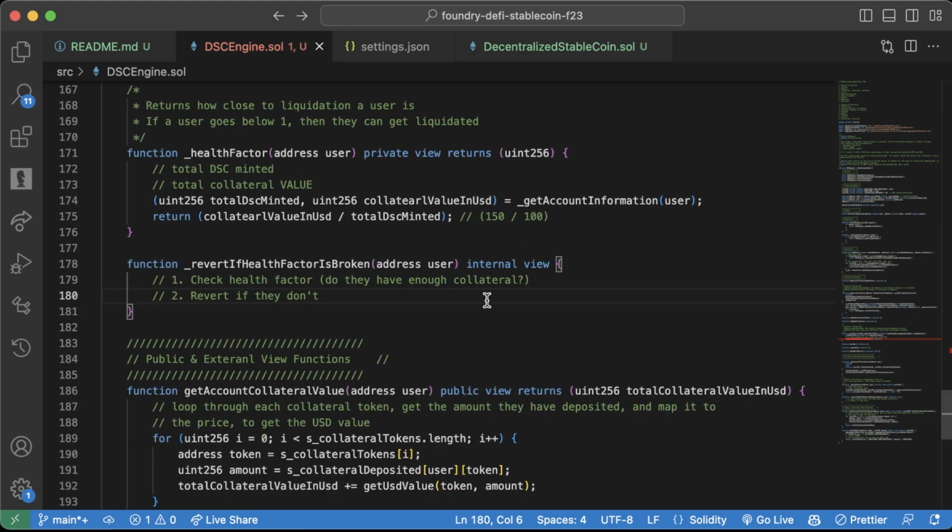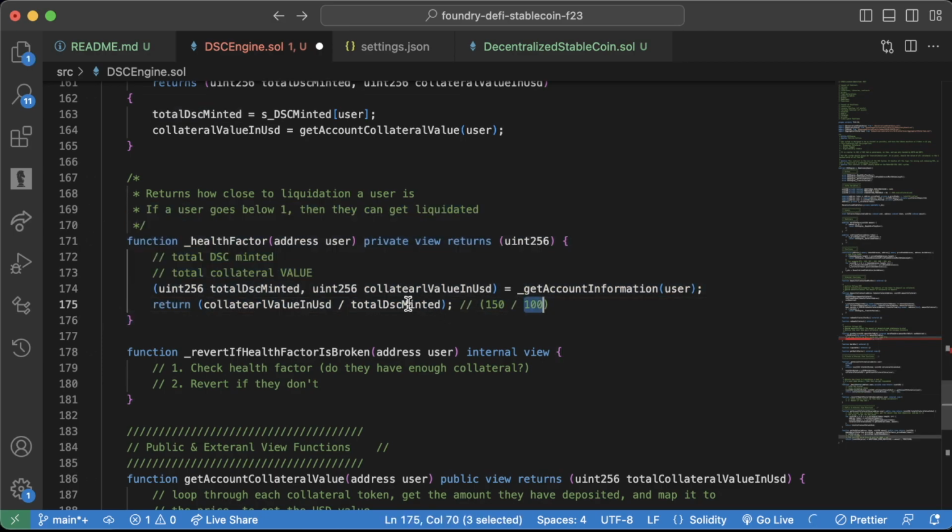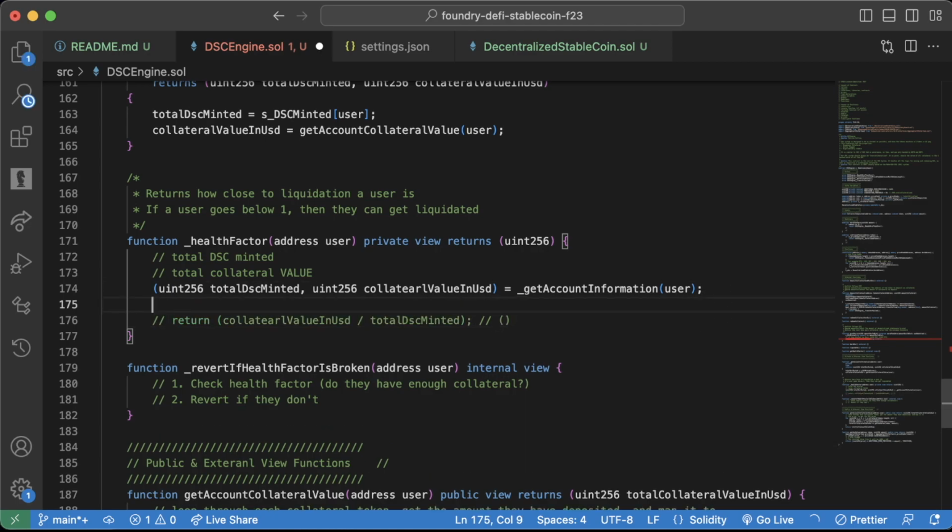Now if we go back down to where we were, to get our health factor, we're not just going to divide these two. Even this doesn't really work, because 150 divided by 100 is equal to 1.5. Decimals don't work in Solidity, so it would just be 1. I guess that would work, but we want to know exactly what the health factor is, right? With precision. So first off, let's say uint256 collateral adjusted for threshold equals